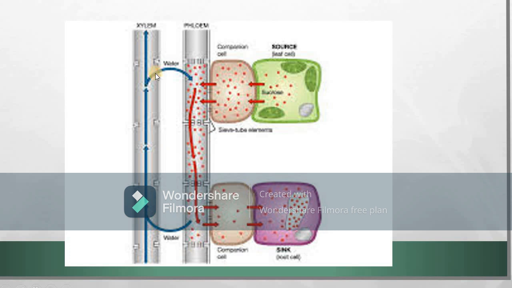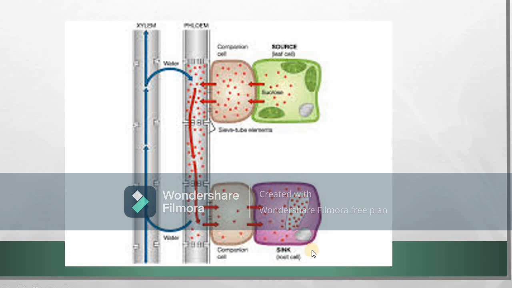You can see through this example, the water is transported in the xylem and the food is transported in the phloem. Food is prepared inside the leaves. It then passes to the phloem of the plant, and then it moves from here to the other parts of the plant. There are different sieve tube cells present here, and these sieve tube cells pass the food particles from one part of the phloem to the other.